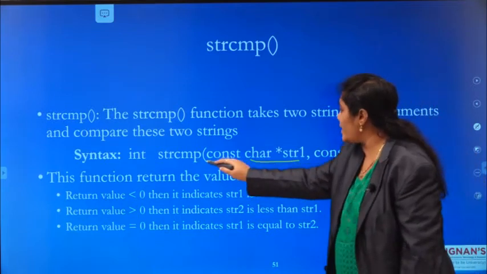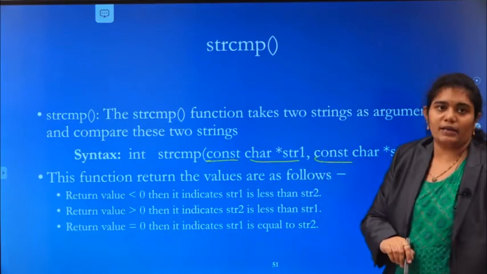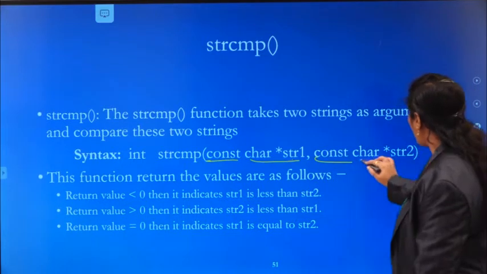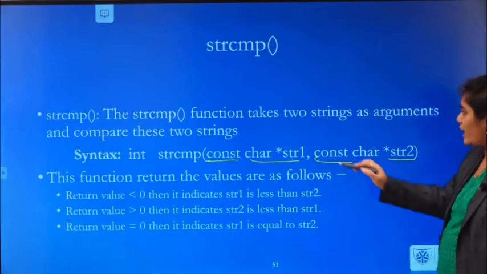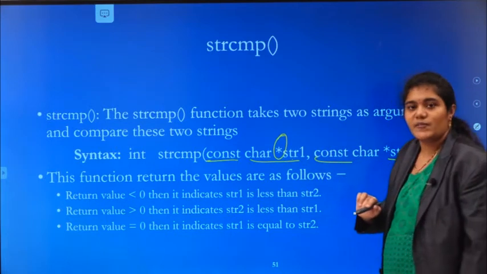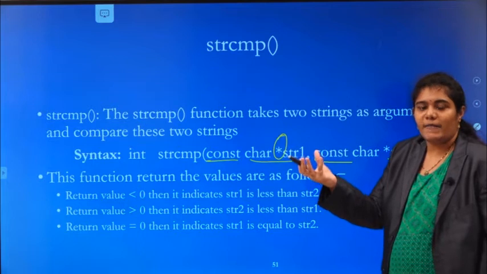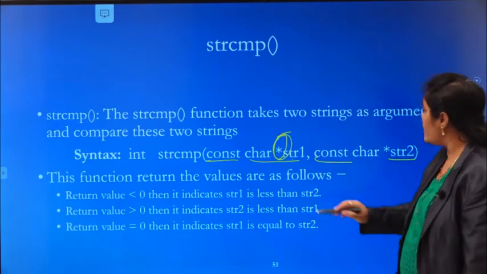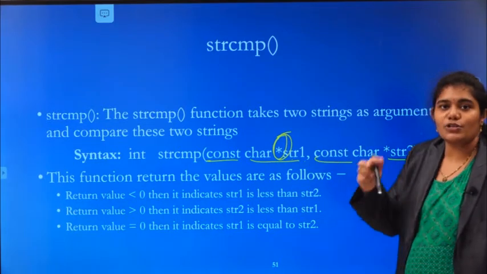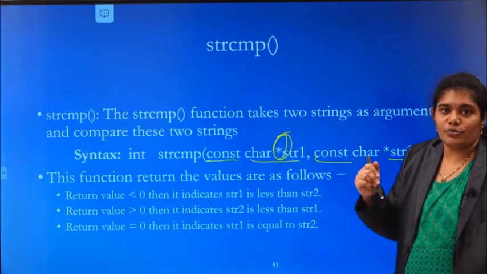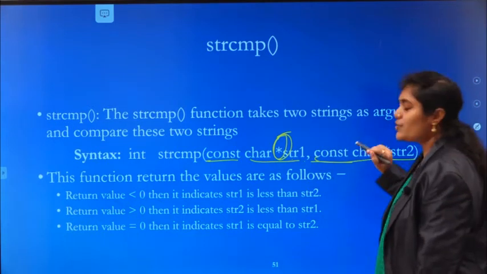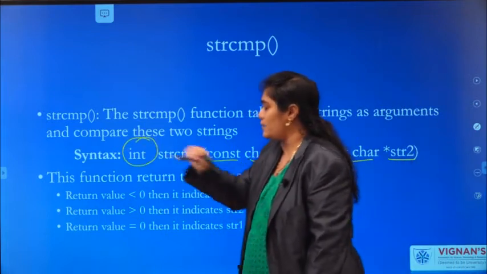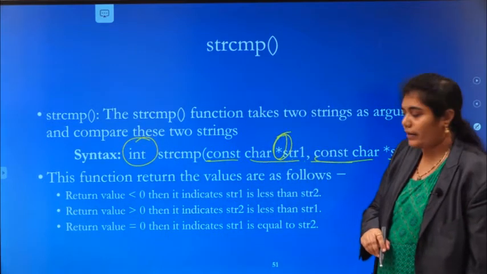That's why here we are making both the strings constant: constant string 1 and constant string 2. Here the asterisk symbol means a character array; a character array can also be represented in the form of an asterisk. So we are passing 2 arguments, string 1 and string 2, and we compare whether they are equal or not. What does it return? It returns an integer, right? See here.